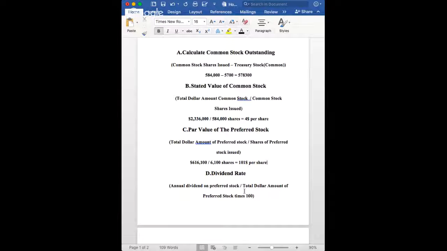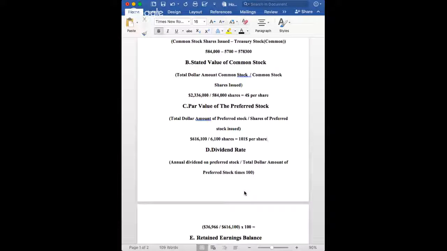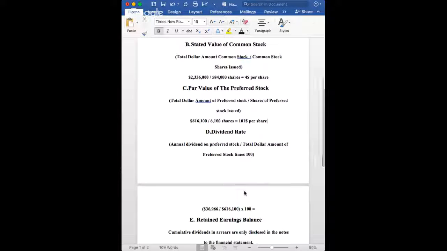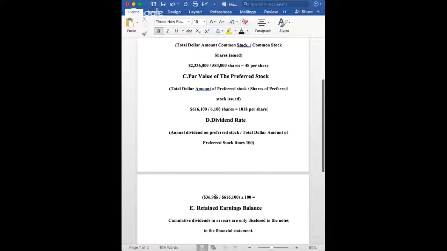As we go down, we see that we need to calculate the dividend rate. The way we calculate dividend rate is the annual dividends on preferred stock divided by the total dollar amount of preferred stock, times 100. The reason we multiply by 100 is so we can get the correct percentage. The annual dividend on the preferred stock is given in the problem, in part D on Wiley Plus, which is $36,966 divided by $616,100 times 100,